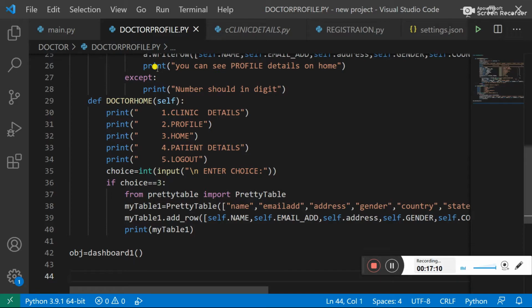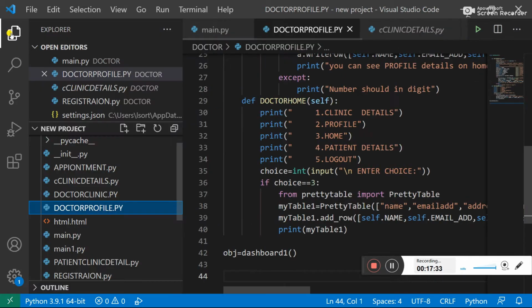Whatever data we are writing, we are using PrettyTable to see that data in a pretty way. PrettyTable generates a table in a pretty way and shows the data you inputted.